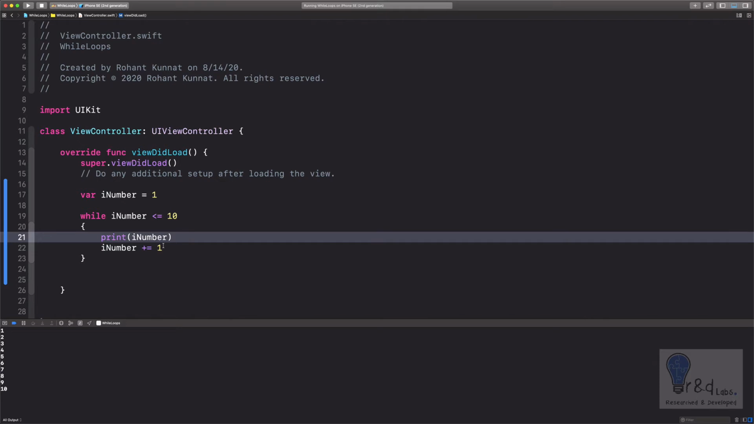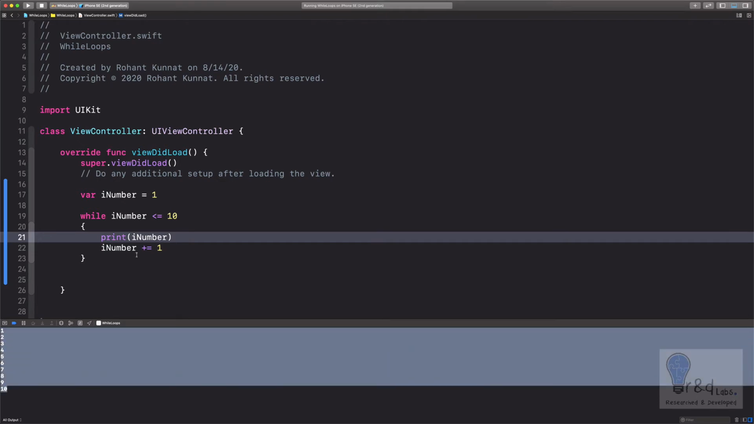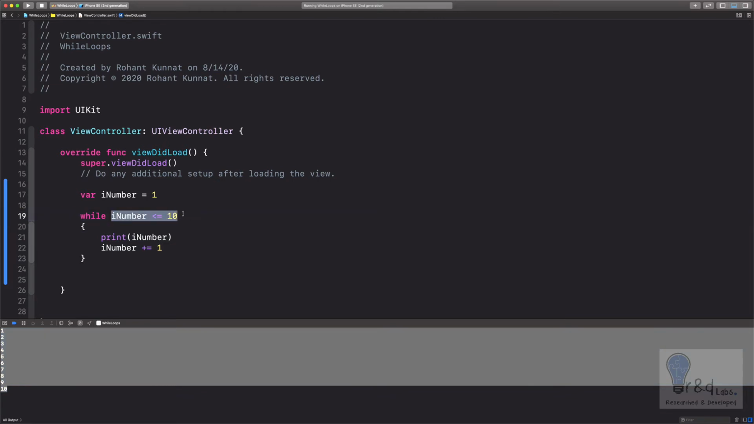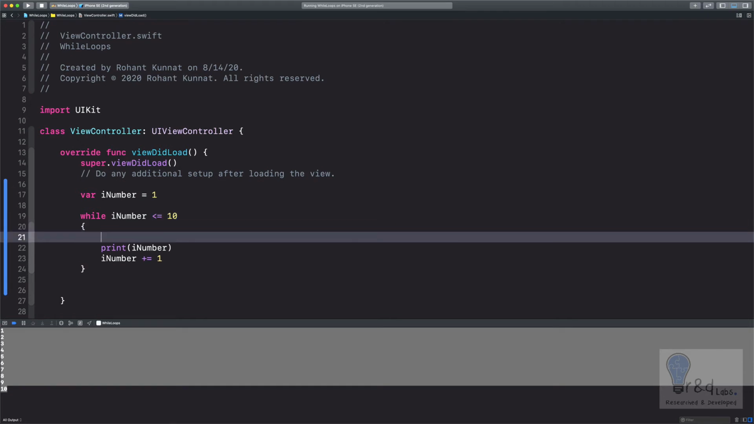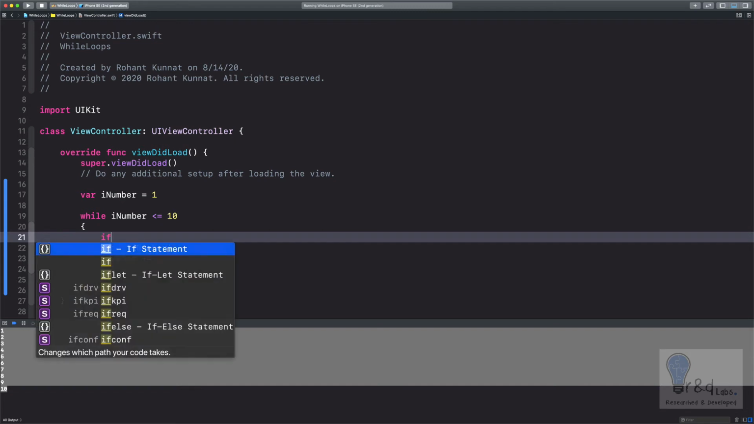So as we have seen, the while loop will run continuously until a certain condition is met, that is iNumber is less than or equal to 10 in our case. But in certain conditions you might want to exit a while loop before this condition is met. How it is done is you have to specify a break keyword. So let's say if iNumber